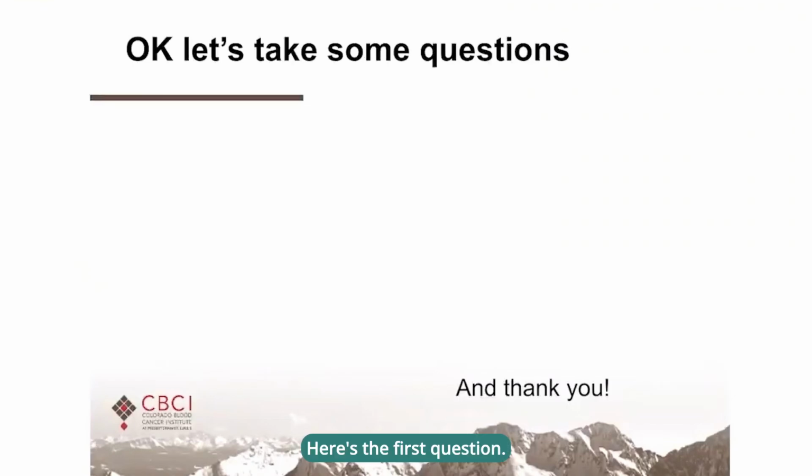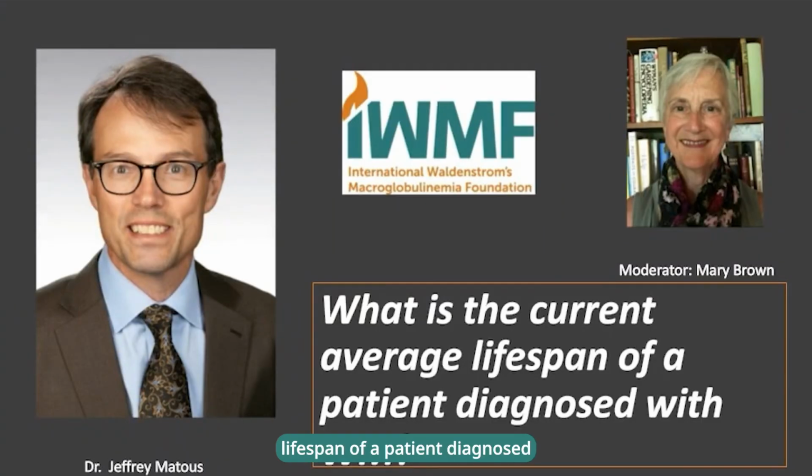Here's the first question. What is the current lifespan of a patient diagnosed with WM, the average? Again, it's a pretty common question, and what I tell my patients is we can guesstimate it based on some of those prognostic factors that we look at, but I usually tell my patients it's measured in decades, the average lifespan. And I truly believe that. It's hard in our practice to recall patients who have died because of WM. There are a few I can think about over the years, but not very many. So, Mary, I tell my patients survival is long.